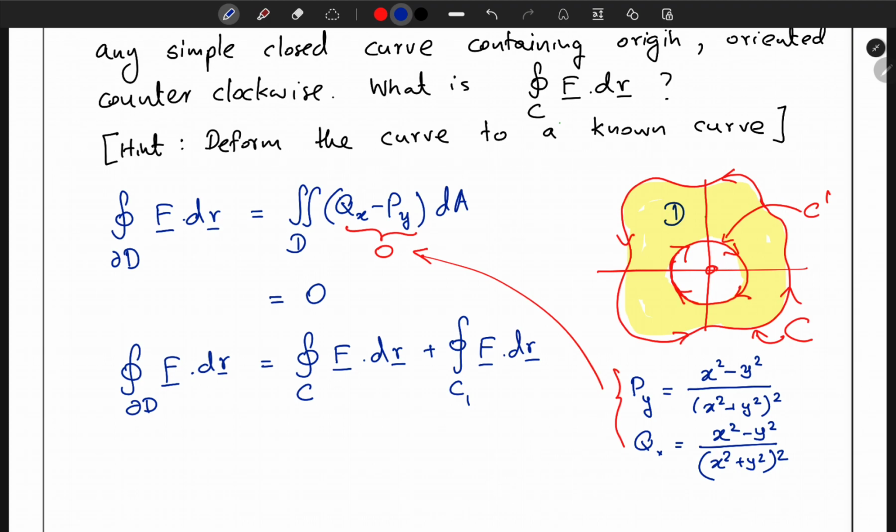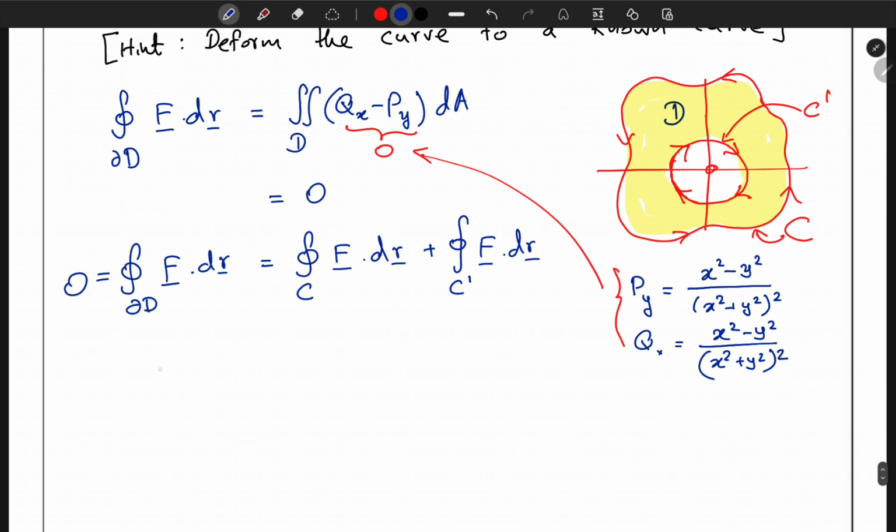So the boundary of D is actually C plus C prime. Right? And C prime, remember, is in the opposite direction. Since this is equal to 0, what we need to evaluate